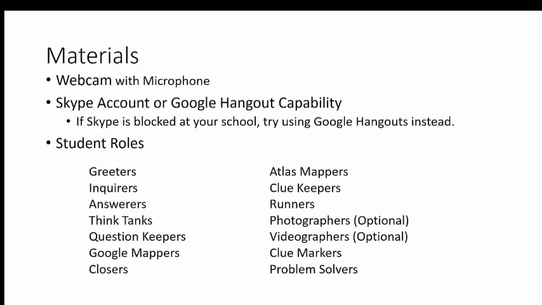For this activity, you will need a webcam with a microphone, a Skype account or Google Hangout capability. If Skype is blocked at your school, try using Google Hangouts. If Google is blocked at your school, try using Skype. You will want to establish several student roles. We need greeters, inquirers, answerers, think tanks, question keepers, Google mappers, Atlas mappers, clue keepers, runners, photographers, videographers, clue markers,